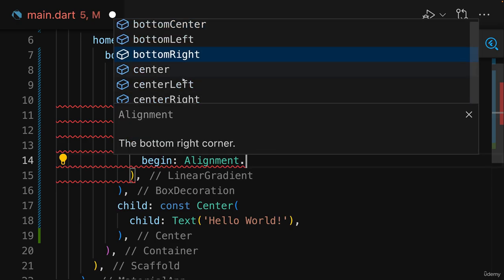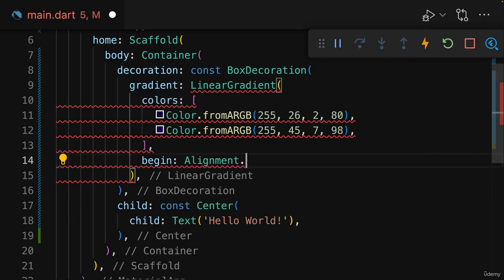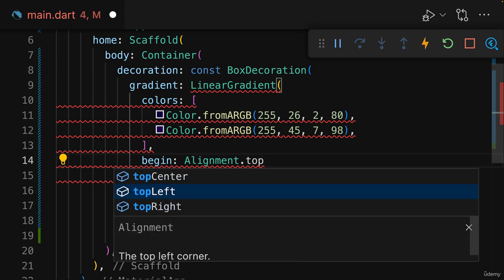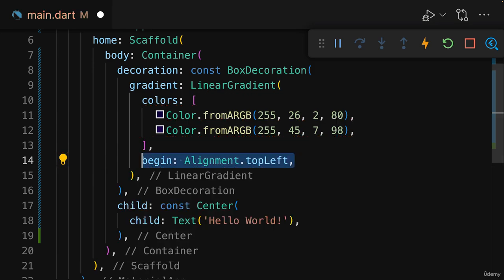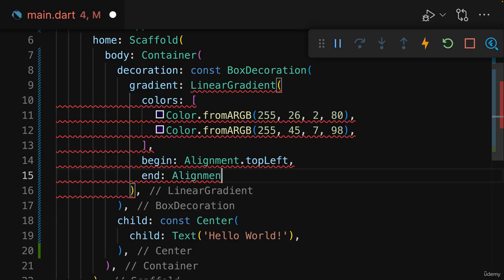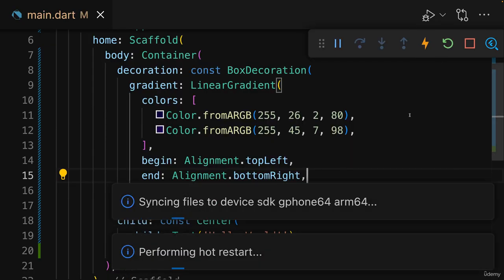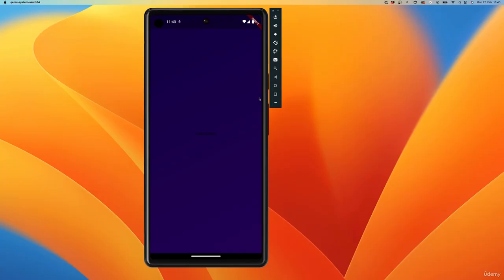And here you have many predefined values like center, center left, and so on. And you, for example, also have top left, which is where I want my gradient to begin. And I'll set the end argument to alignment bottom right. Also add a comma here for proper code formatting. With that, if we save this and make sure this is applied, the gradient now indeed goes from top left